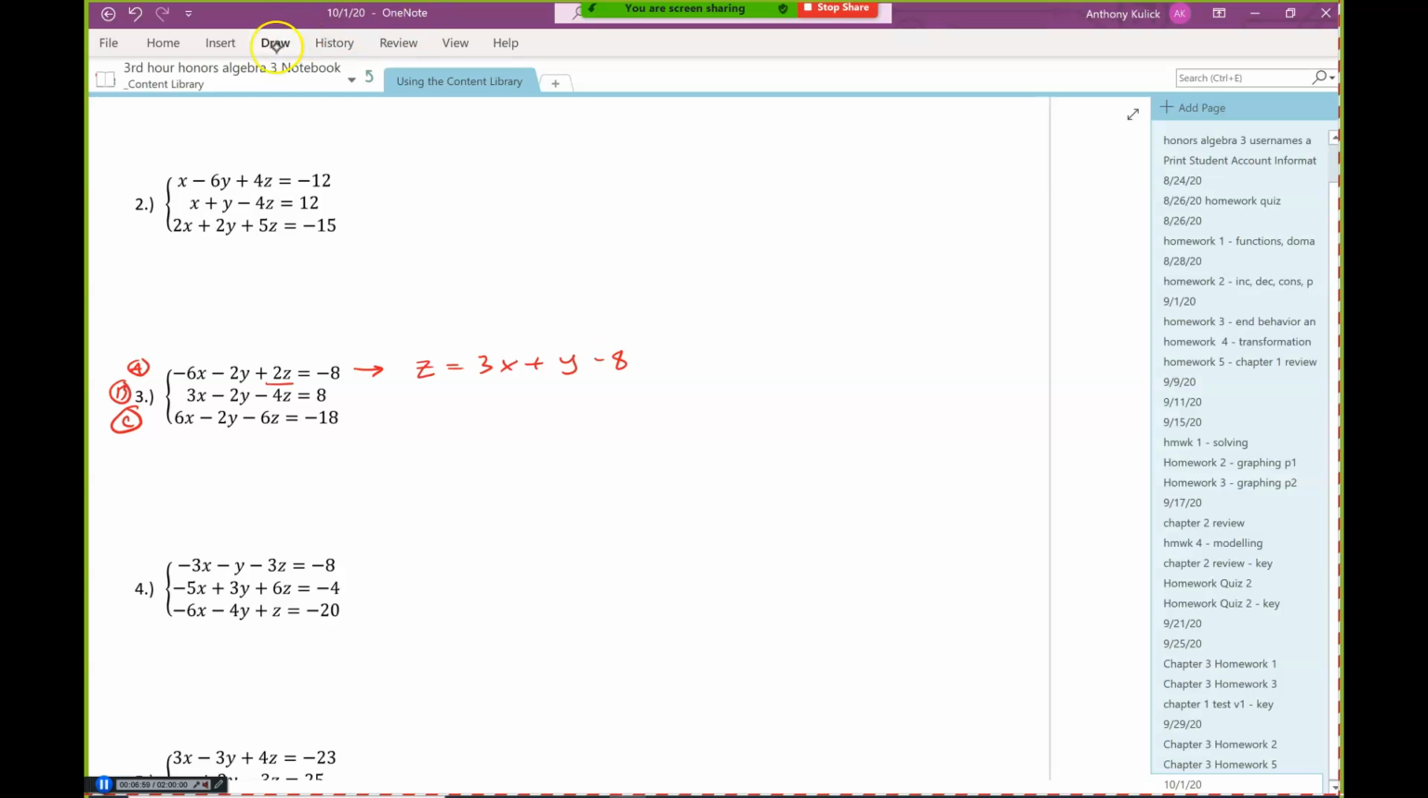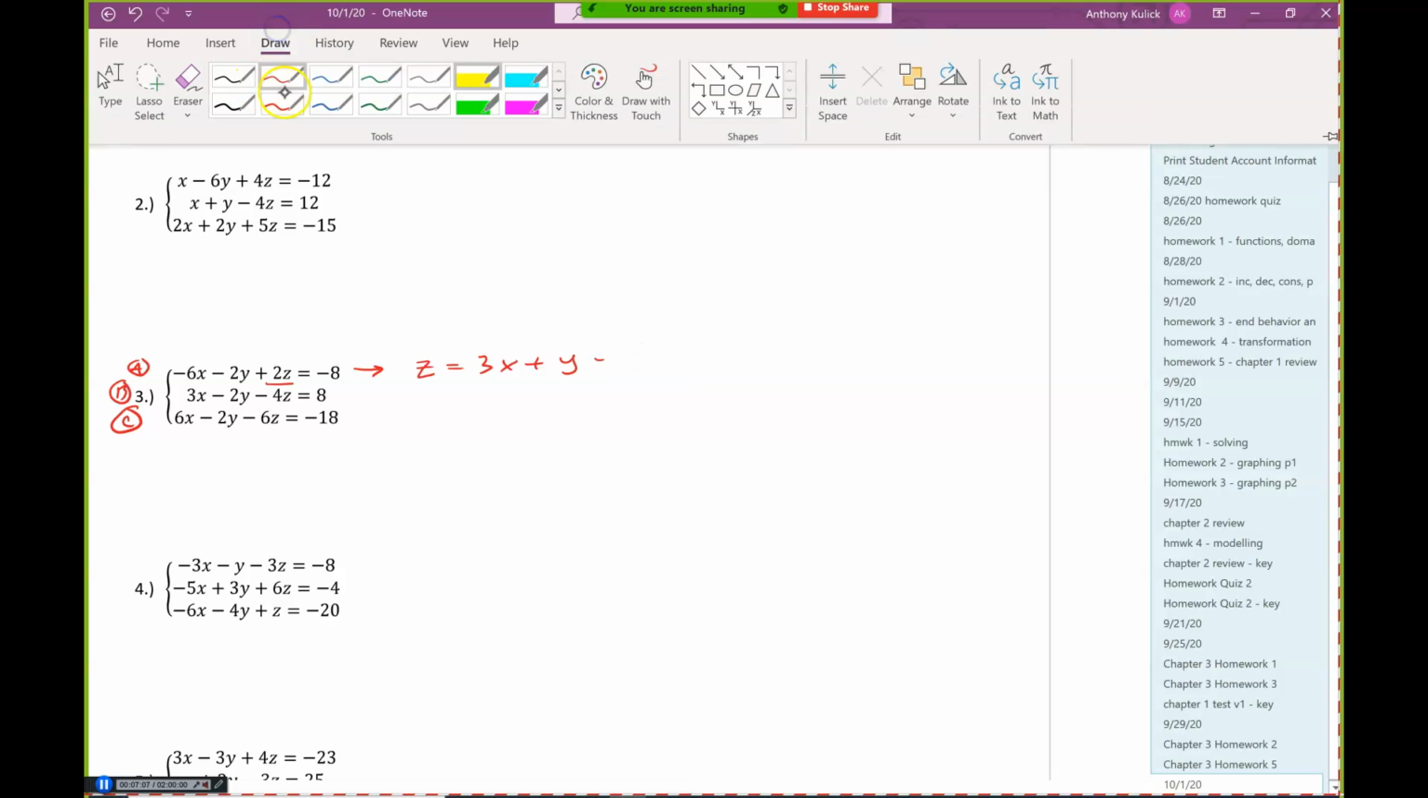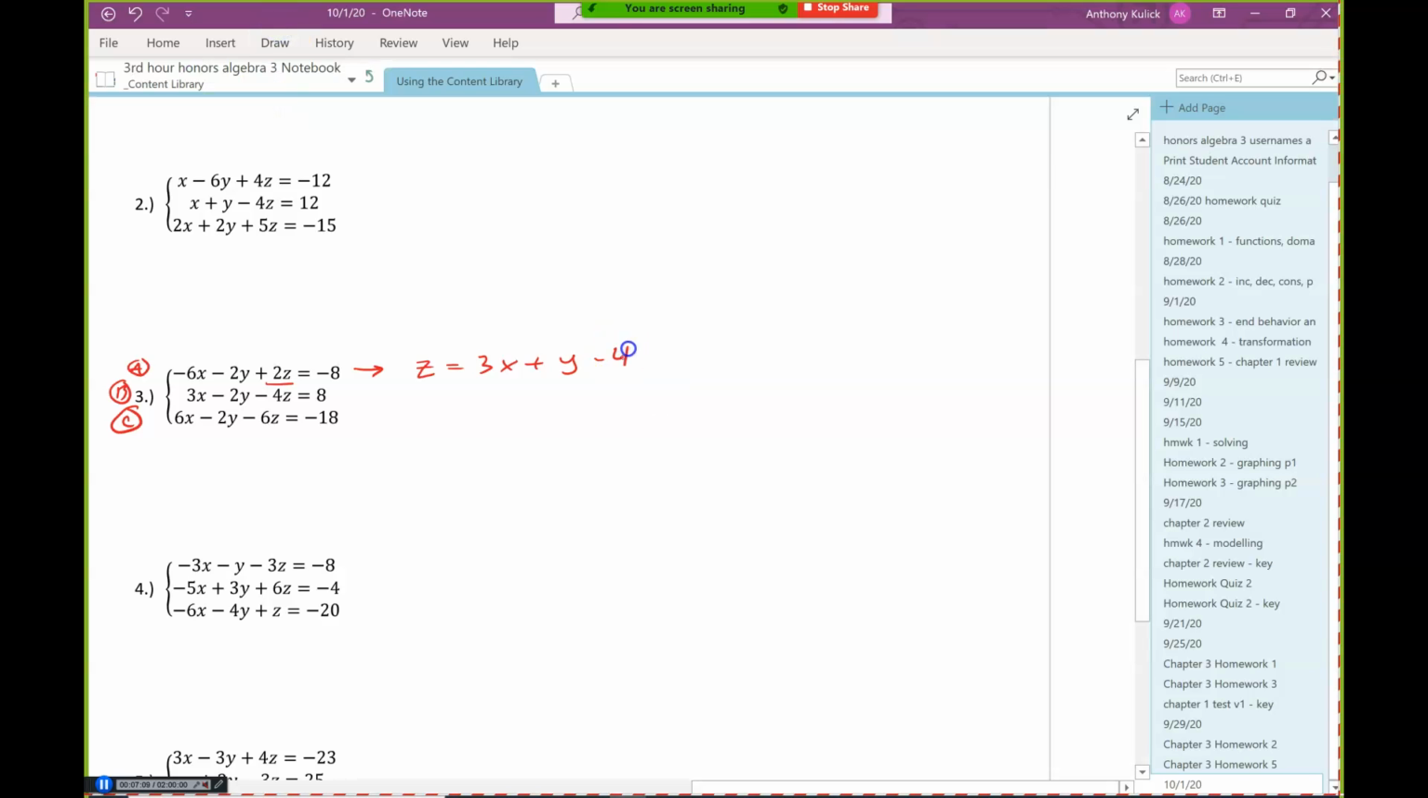And then I'm going to take that value for z. Oh, thank you. Yes. -4. Thank you. Yes. Good. I'm going to take that value for z and plug it into the other two. So I'm going to take z and plug it into b. So that's going to give me,